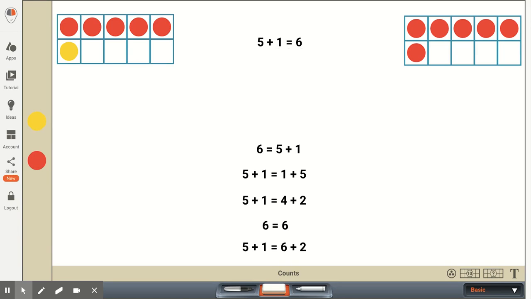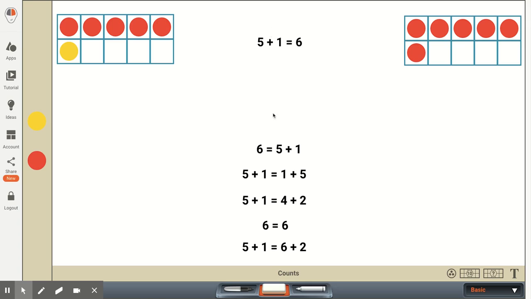And where 5 plus 1 does equal 6, and in this particular equation, 6 is the answer to 5 plus 1, the right side does not always just represent the answer to what's on the left side. So let's take a look at a couple of different equations. In first grade, equations that students will be looking at would be adding, which would be a plus sign, joining two quantities together, or a subtraction sign, where they're breaking apart or subtracting one number from the other.